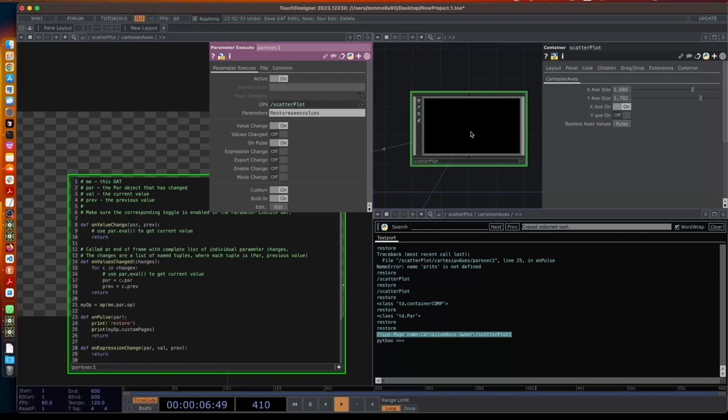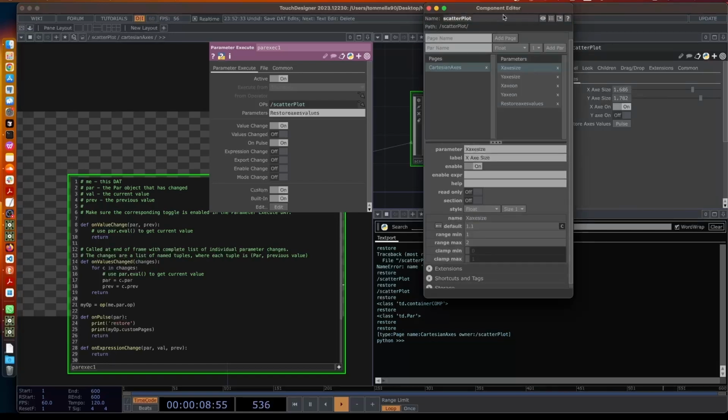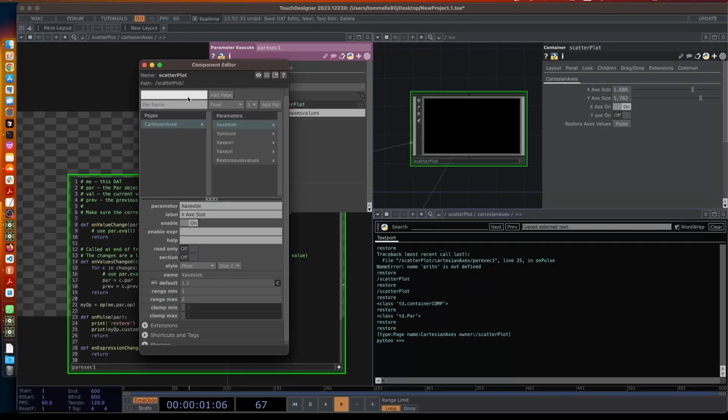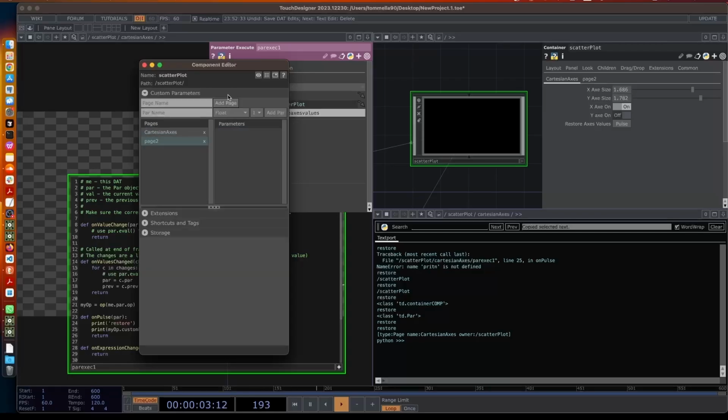But if I create more, let's say that I do this, don't do this now, just check. I create another page, page 2, and I add this page here, which is empty. Now if I pulse, I will have the Cartesian axis, and then the page 2 that we just created. You can delete it for now,